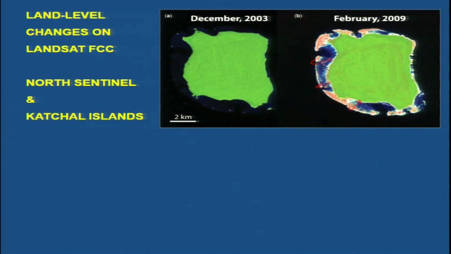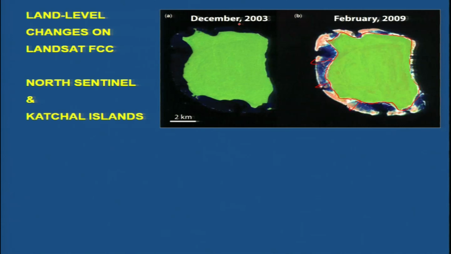So the island area shown in the first image is represented by the green color, and all other areas surrounding this green color were gained due to uplift, okay.